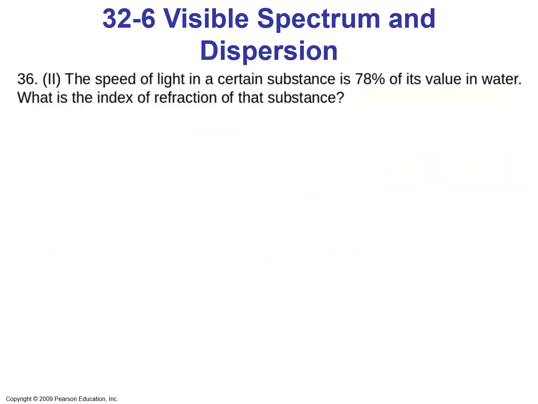Let's look at problem number 36 from the book as an example. The speed of light in a certain substance is 78% of its value in water. What is the index of refraction of that substance? To find the index of refraction, let's use the equation for the index of refraction, equation 32-4, which says index of refraction is equal to the ratio of c over v, and the velocity is 78% of the velocity